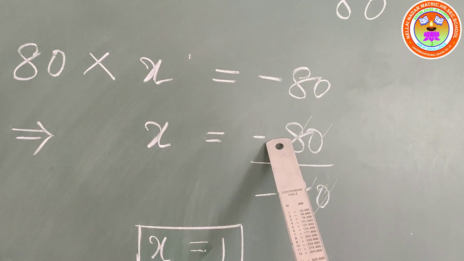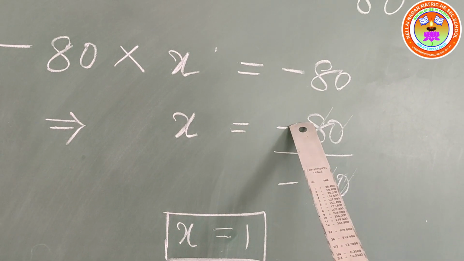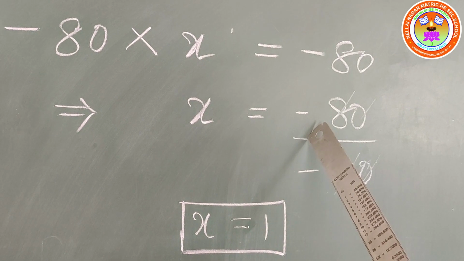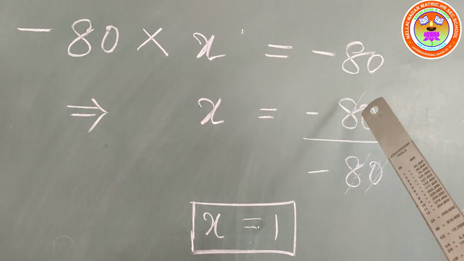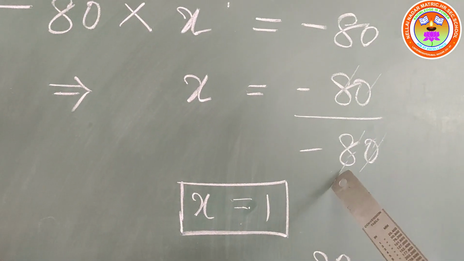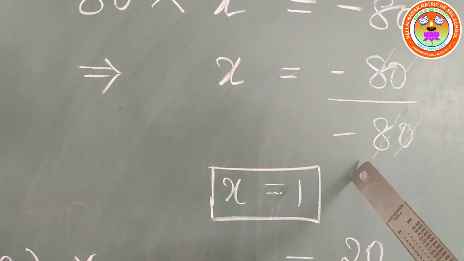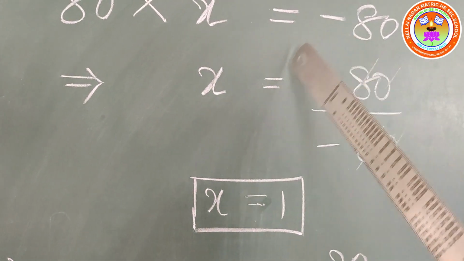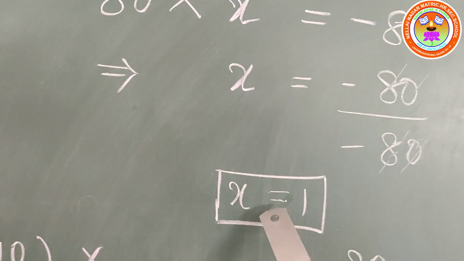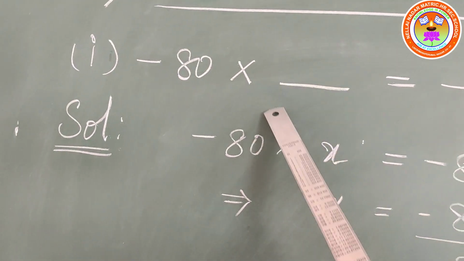Minus and minus becomes positive according to rule number 1 of multiplication of integers. Remember the property? Yes, what does it say? The property states that when I multiply any two like integers, the product will also be plus. Yes, so similarly we are going to use it in division also. The same rule applies for division also. Okay, so after that what is the answer? X is equal to plus 1. So that is the value that should be written in this blank.